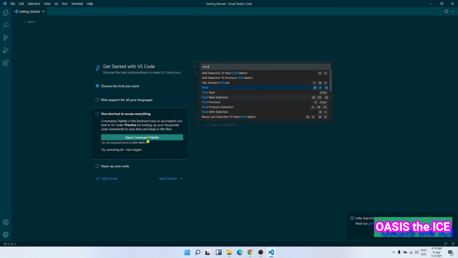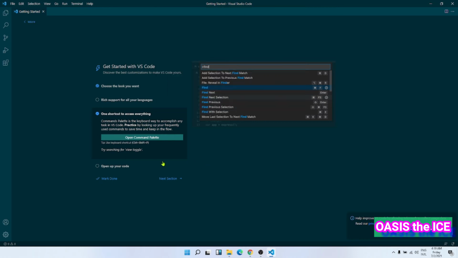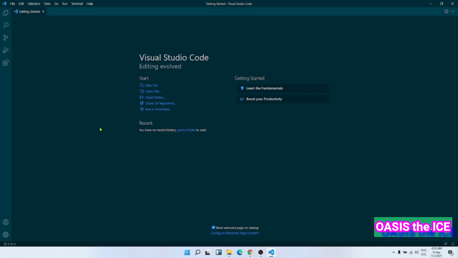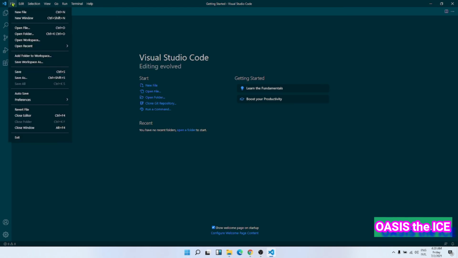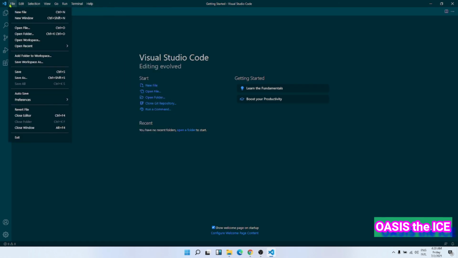Open the command palette. This is the command palette. Open up your code and click on mark done. After installing VS Code, you can see the file, edit, selection, everything is here. So if you want to create a project,